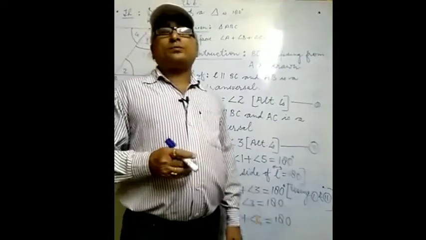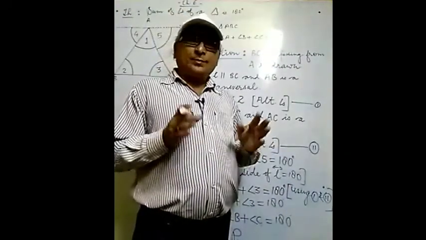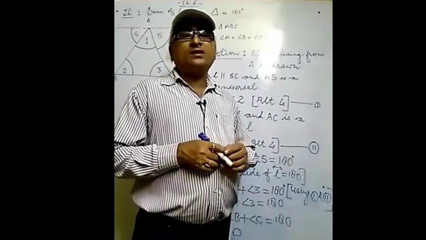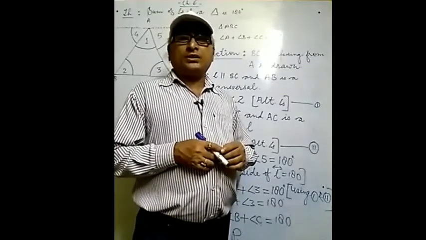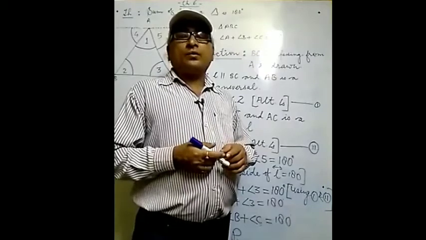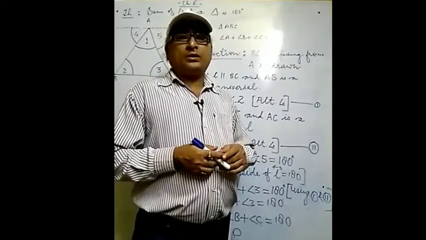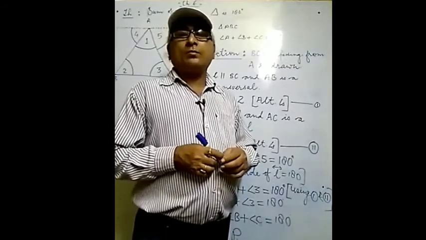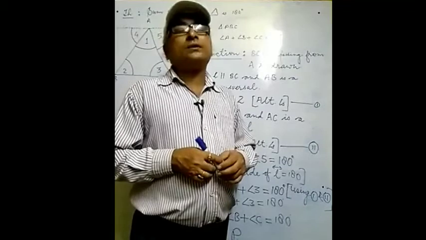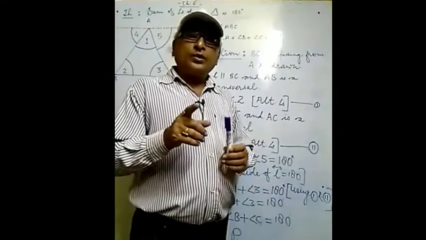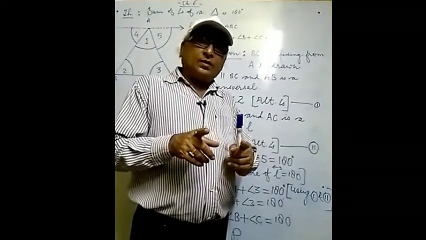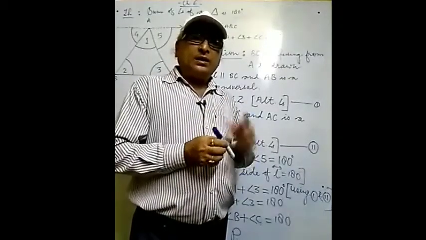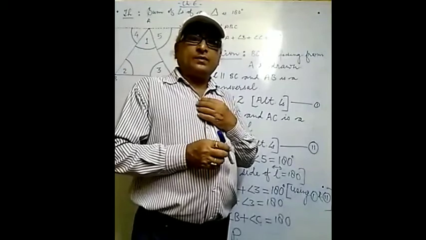Although this property has been taught in previous classes, and you are in the habit of solving such questions, you don't have the verification of this property. And what verification? Property number 1 of a triangle is that the sum of all angles of a triangle is 180 degrees. Although you are familiar with this property, you don't know how to verify and certify it.